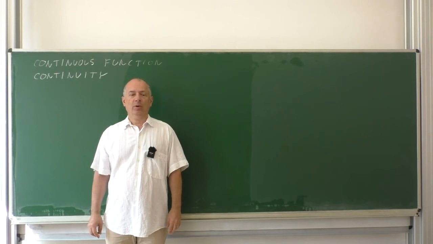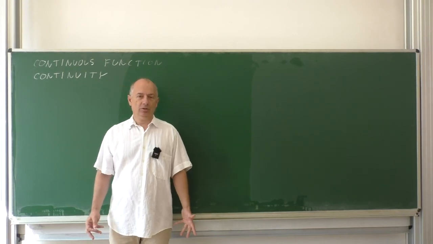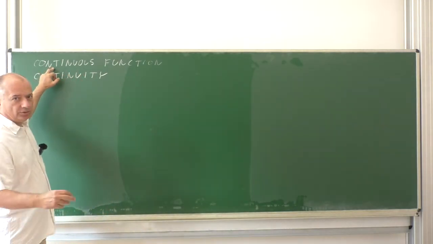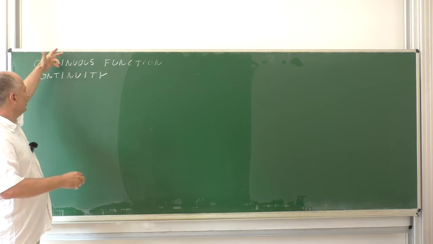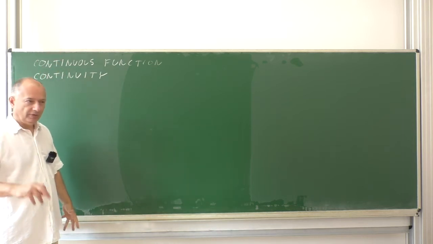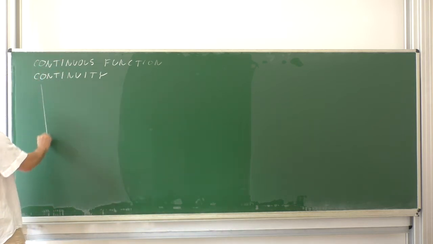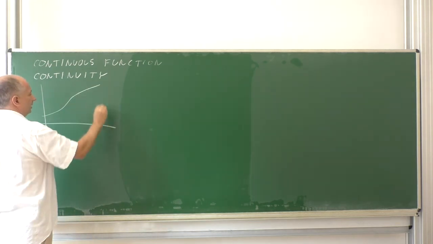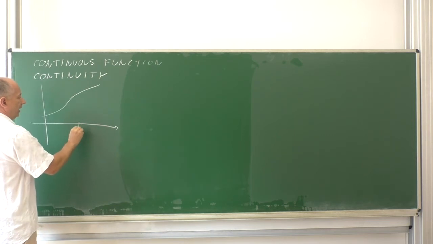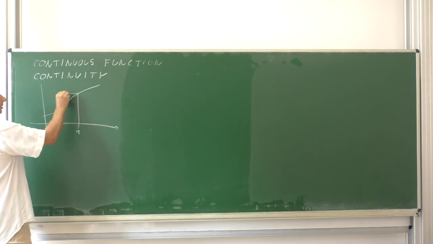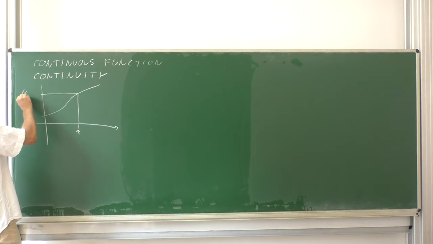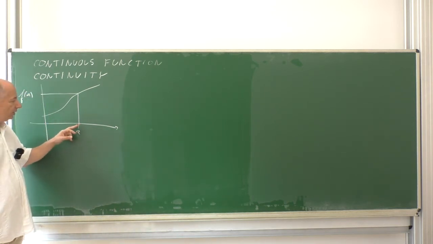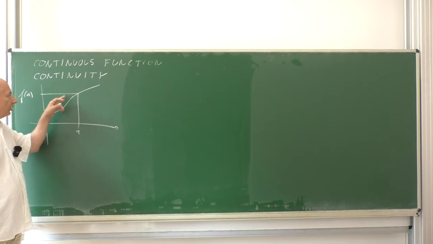In this chapter, we are going to give the definition of a continuous function. We either say a function is or is not continuous, and the property is called continuity of a function. So consider some nice function that looks like that. At the point a, we have some function value f of a, and continuous means that close arguments give close